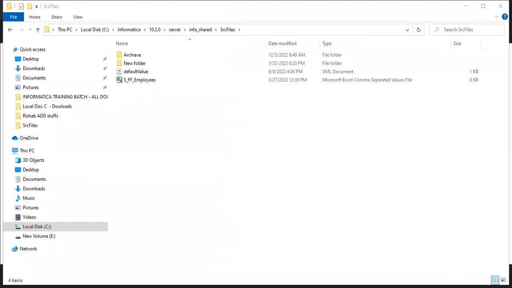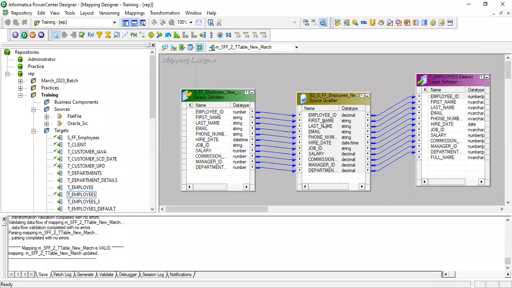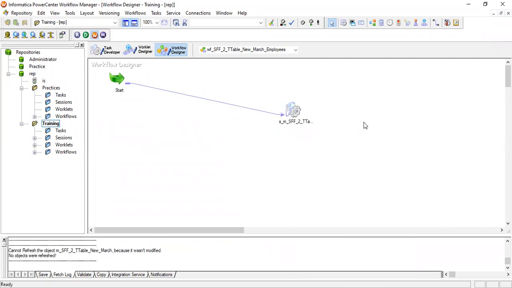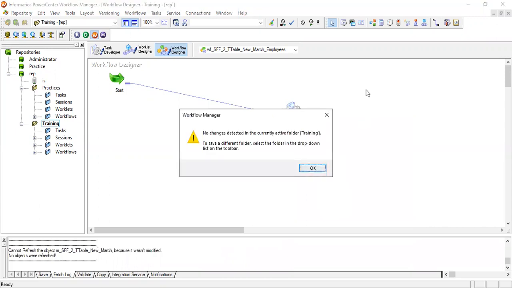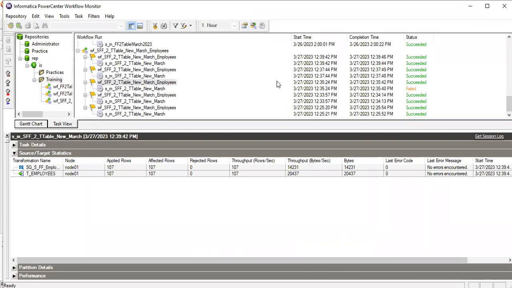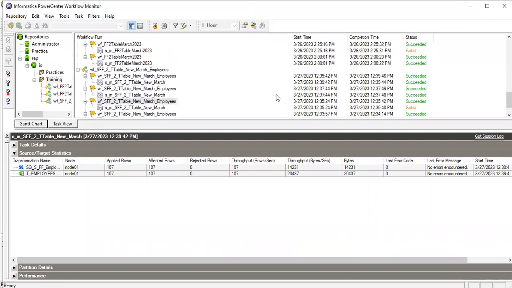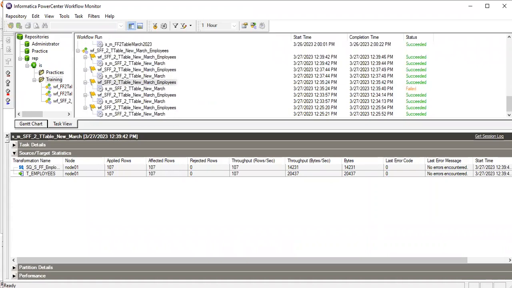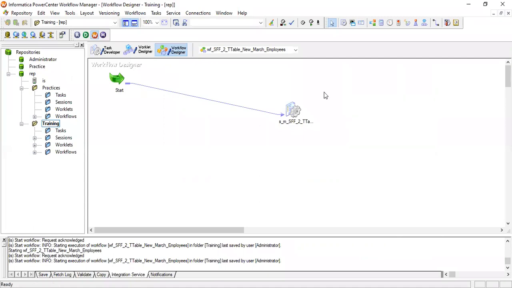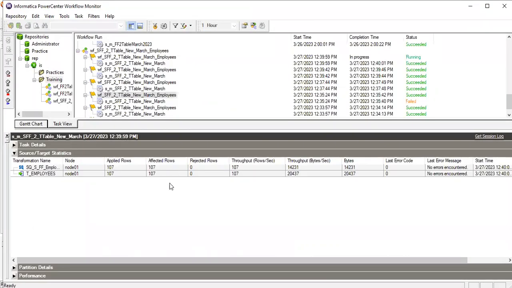I will run again. You want to make a refresh here. If you're doing any changes there, you want to refresh here. Control save, or start workflow. You see here, it is running. See, it is accepting